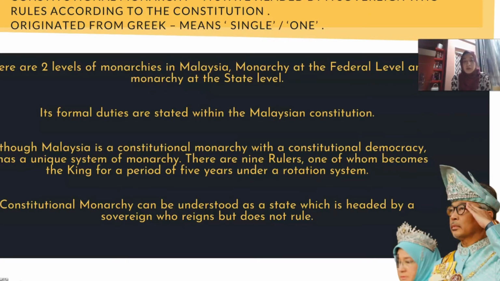So that's why our country merged together towards constitutional monarchy, which means that the monarch has to act in accordance with the constitution. The monarch cannot run away from the constitution. Whatever the monarch does, it must be in accordance with the constitution. So this is actually the idea of the constitutional monarchy. And in the parliamentary system of government, they are the head of the state, but they are not the head of the government. So the parliamentary system separates the office of head of state from the head of government.